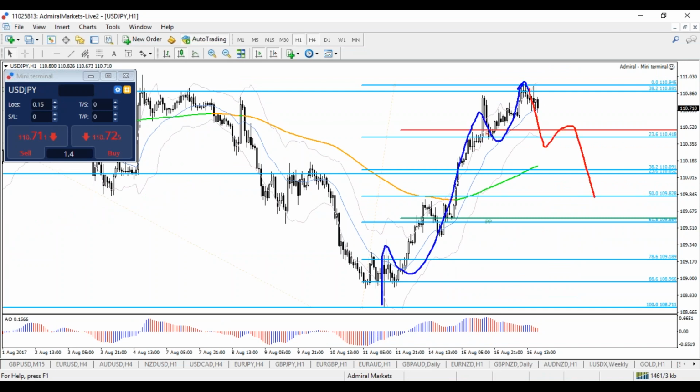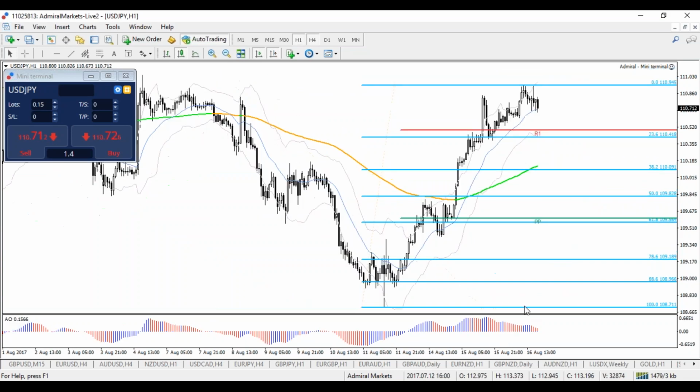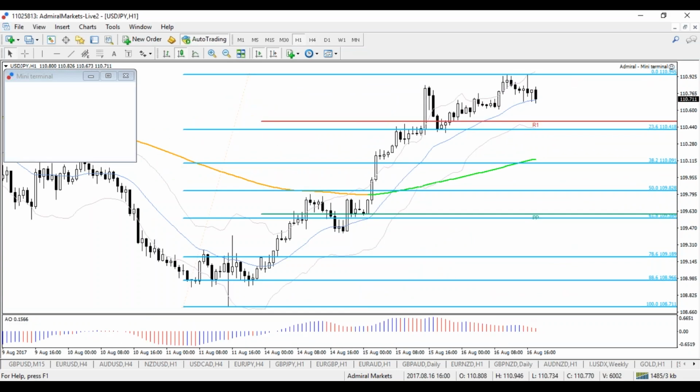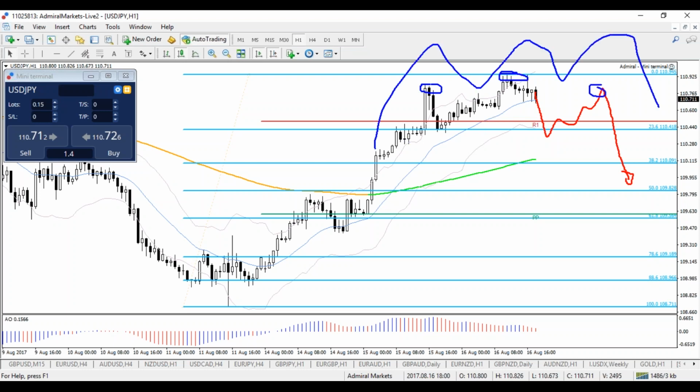I would expect an ABC zigzag. From this perspective, let's zoom in. I would expect price to make a fall down to the 23.6 fib, correct up, fall again towards these fibs. And there might be a head and shoulders here too, like this. I don't think it's going to create a massive reversal, but it could create this correction that goes down to